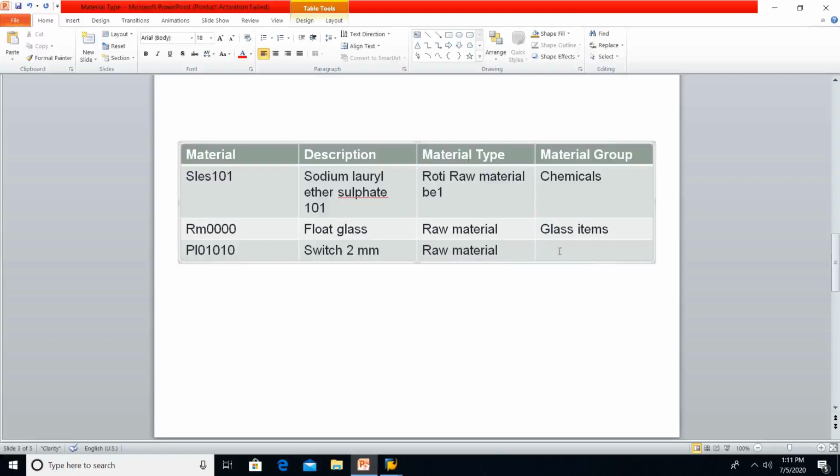It's a material type. Coming to material group, it depends on the physical attributes. We know very well about these switches. They belong to electrical parts, so I can write electrical items.